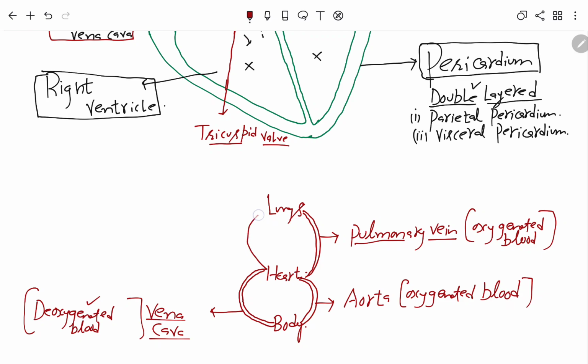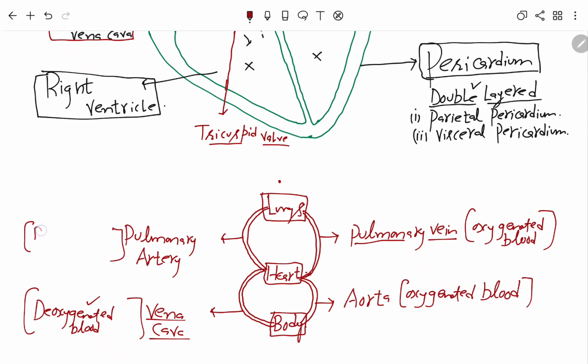From the heart to the lungs, it will be supplied by the pulmonary artery. So our cycle is complete. As we started the cycle from the lungs, then to the heart, from heart to the body, from body back to heart, and then back to the lungs. So if we start the cycle from the lungs, while coming back to the lungs, in a single cycle, blood is entering into the heart twice. So first I will write over here, the pulmonary artery is carrying